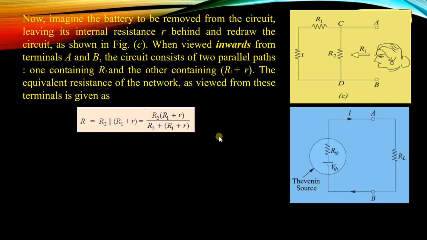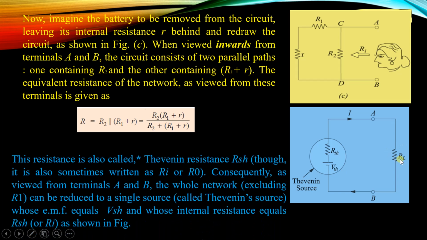And then when we have the value of Thevenin voltage and the resistance, we connect them in series with each other, V Thevenin and R Thevenin, and reconnect the load resistance between terminals A and B. So this becomes our Thevenin source and this circuit. Now from this circuit we find the load current across this resistance.